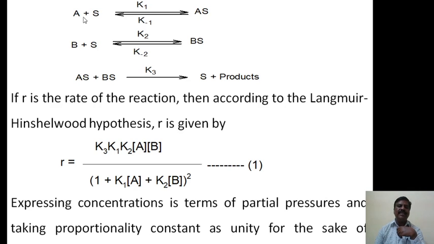A reactant plus a vacant site S forms AS. This is the forward reaction and this is the backward reaction. The equilibrium constant for the forward reaction means adsorption, and the equilibrium constant for the backward reaction means desorption. Again this site will attack the other reactant, with K2 and K minus 2, similarly adsorption and desorption for BS. And K3 is for AS plus BS forming S plus the product, and K3 is the